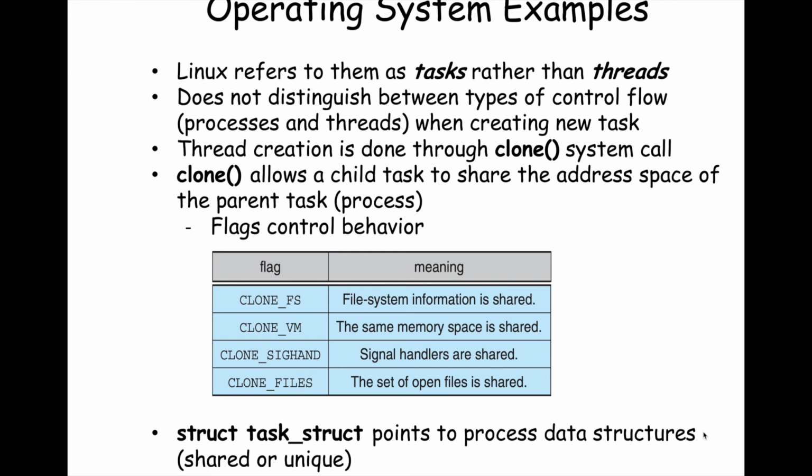When you're forking a process, if you recall what that does, you have a whole new copy. Each one has its own memory space. When you're creating a thread, you have the same memory space, but you're just creating a different execution context, which is a program counter and a copy of the register file. And so this clone is a single routine, if you will, within the Linux source code that is the common place where you're going to